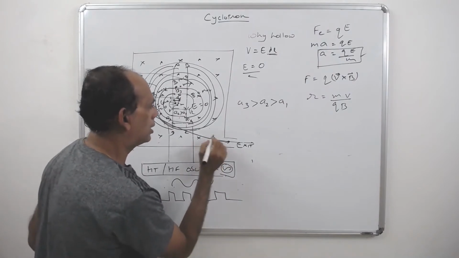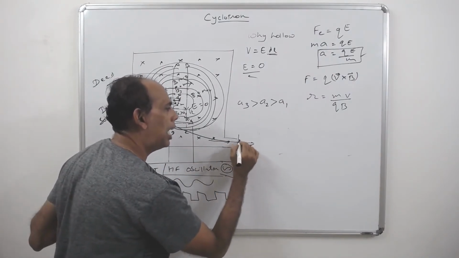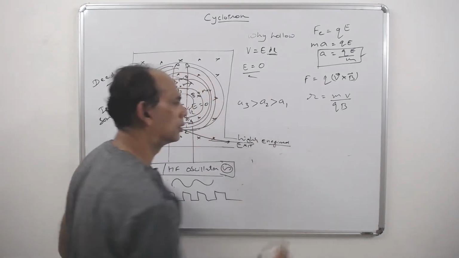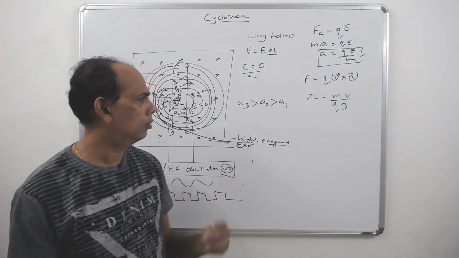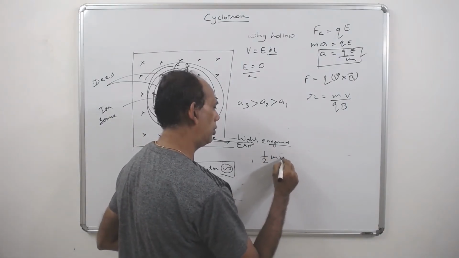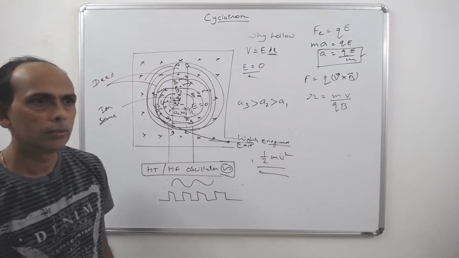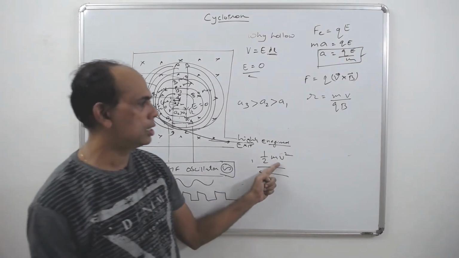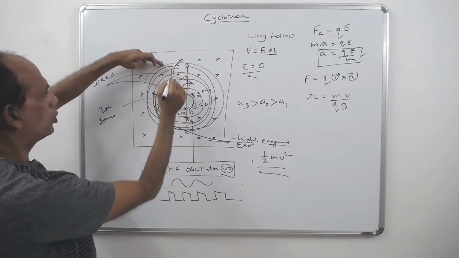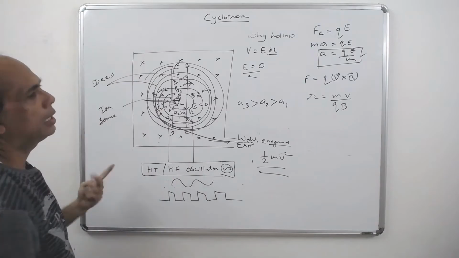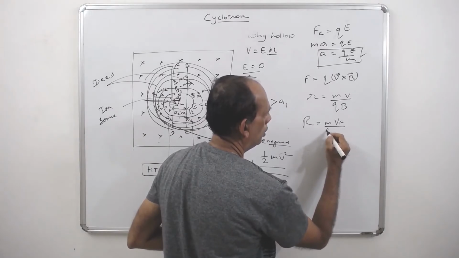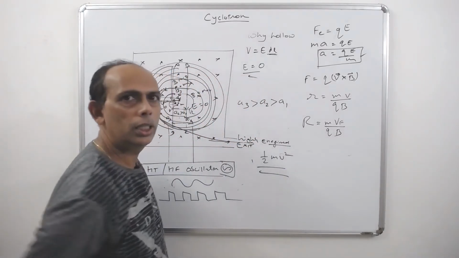Now this time acceleration is so high that it becomes highly energized. What energy is it having? Potential energy? No, it is having kinetic energy. Velocity gives its kinetic energy, half mv square. What is this velocity? This velocity is the velocity at this radius, the topmost, the final radius, say it is r. So we have r is equal to m v final upon qB. We want a final velocity, no?